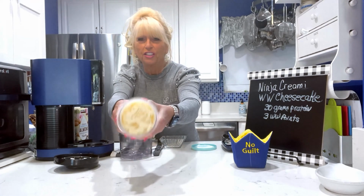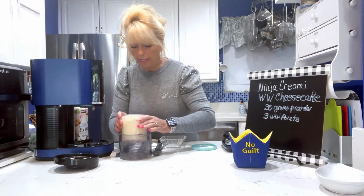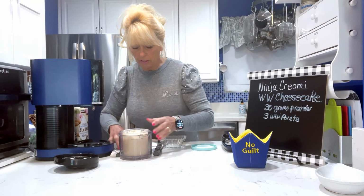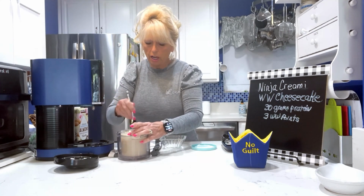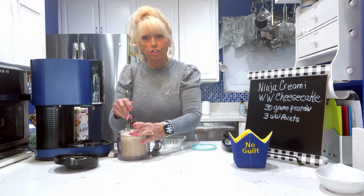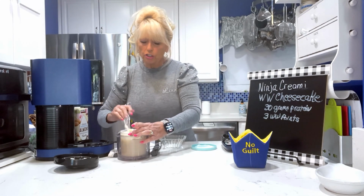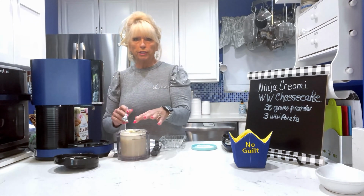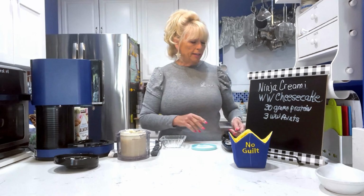I wish I could show you this a little better. This is how it looks so far. So now, I don't even have to add a liquid or anything to it. It's a really firm ice cream with no powdery stuff on top, which the powder is like powdered snow, is how I can describe it, because it freezes. So now, this is 3 points for the whole thing, and this is cheesecake flavor,